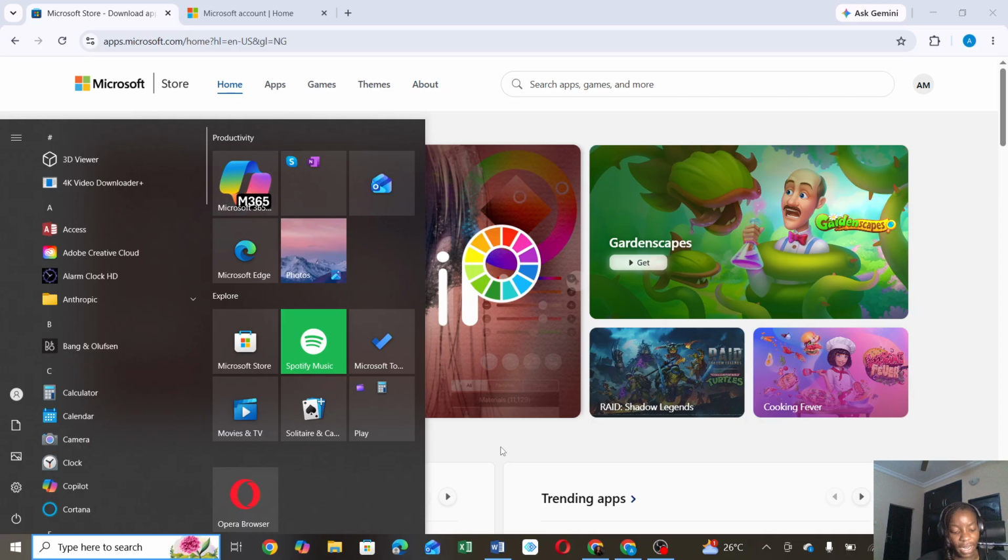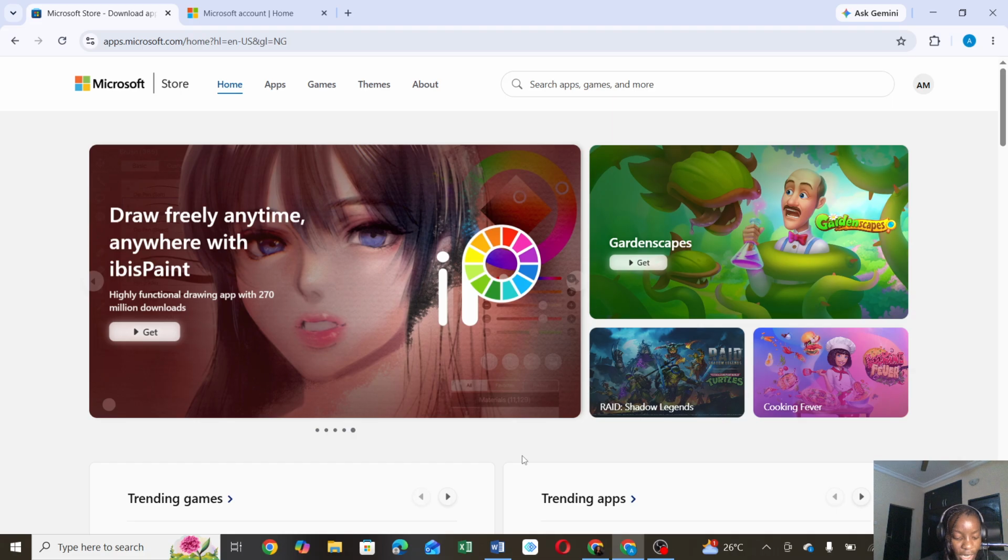Now, uninstalling an app removes it from your computer, but it does not necessarily cancel any subscription associated with that app. So if you have an active subscription, you may need to cancel it separately through your Microsoft account or the service provider. So just go over this tutorial from the top to the bottom to get acquainted with the